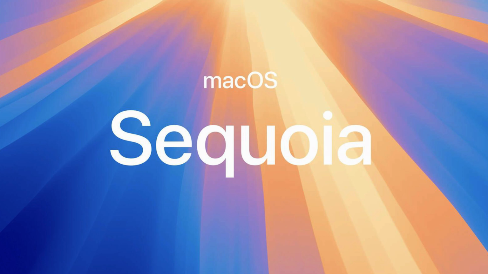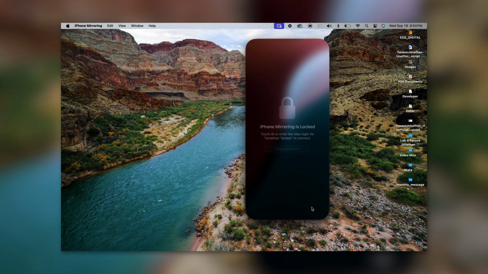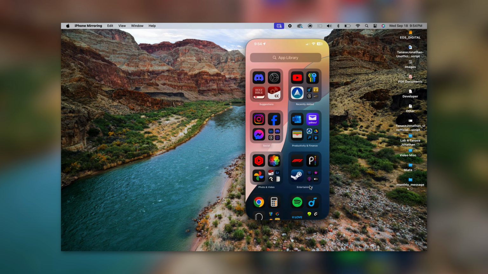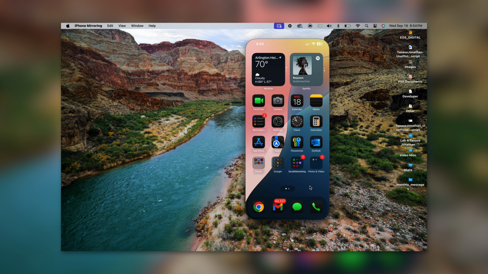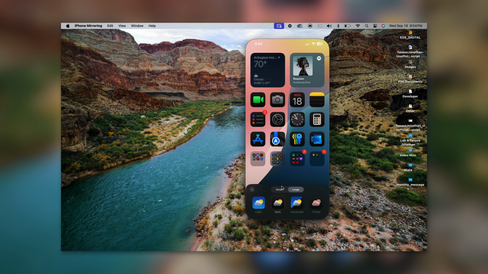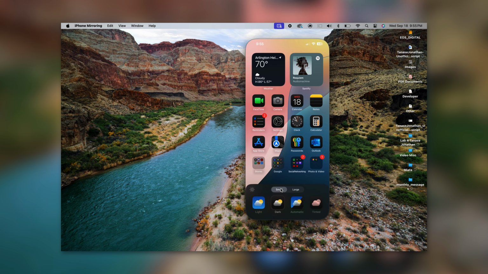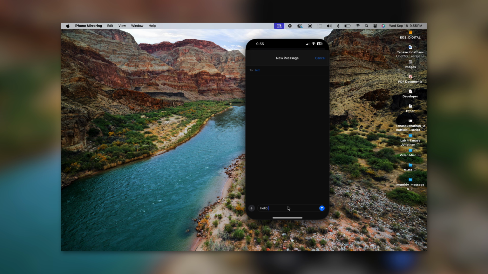This next feature actually requires you to have a MacBook running macOS Sequoia. There's an app that's called iPhone Screen Mirroring on your MacBook. You click it, it asks to connect to your phone, you enter your password, and then you're all connected. And you use your phone on your MacBook the way that you normally use your phone any other time. You can interact with apps, customize your phone. You can do basically literally one-to-one everything on your MacBook, except for taking photos and I think FaceTime. There's a few limitations to that, but other than that, you're able to use your phone directly onto your MacBook,